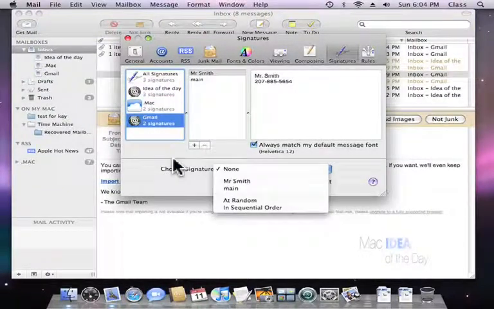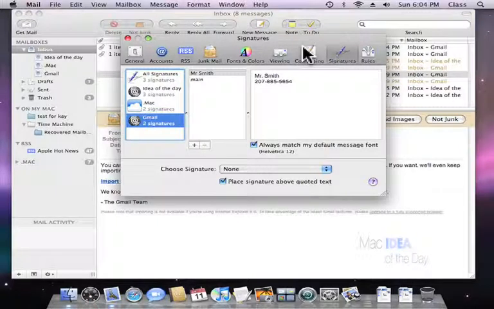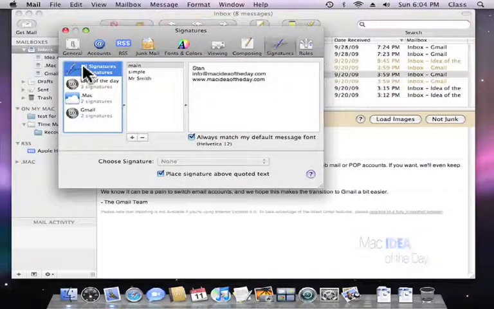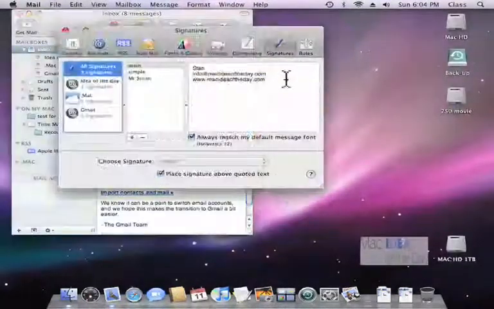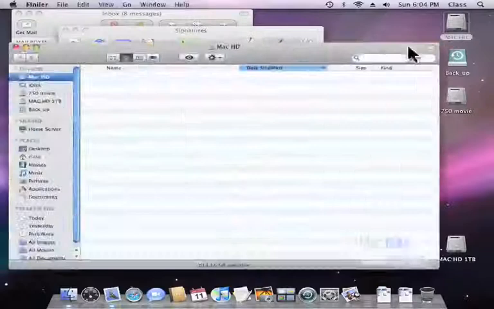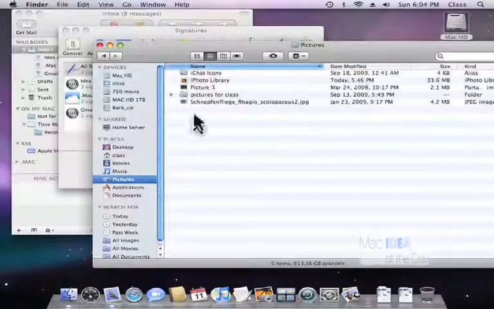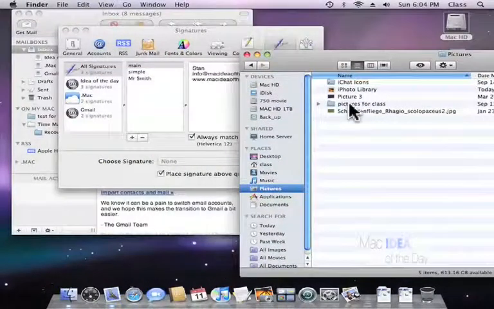You don't have to do any. You could do them random. So if you had 50 different signatures with different quotes on them, which is very possible, you could do that if you wanted to. Now the other thing, which is pretty cool perhaps, let's close this really small so we can see it. We go into the hard drive, let's find some pictures. Do we have any pictures? Yep. We could actually,